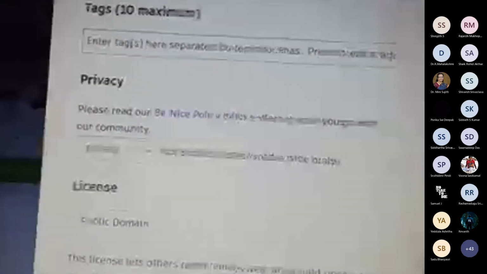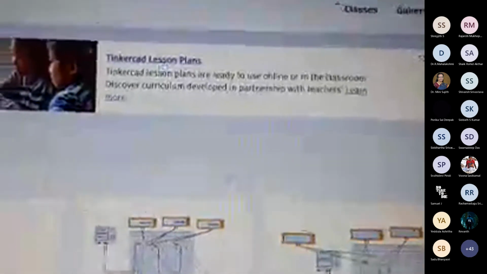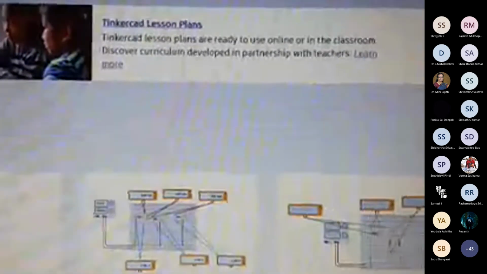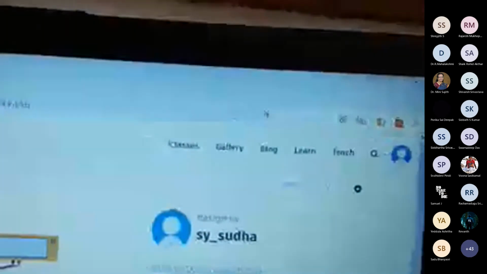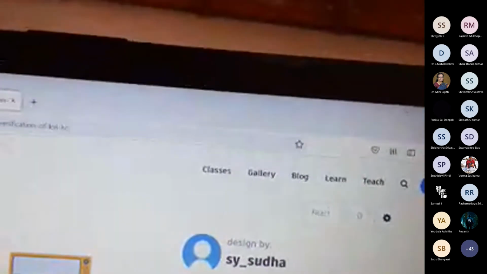Whenever you log into your Tinkercad, all your circuits will be available. You need not worry at all about that. Okay, this is about saving your circuits. Right? So if you click it, it will appear like this. This is the circuit designed by whoever has connected. Then if you click Tinker this, again it will get back to your page where you can make further changes to your connections. So you can do all these things until you get the right values as per the calculations.